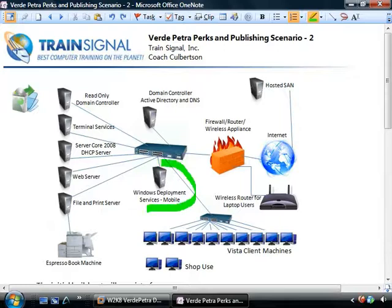We're going to be setting up a Windows Deployment Services box that's going to be mobile. And the question at this point is, is this going to be on a laptop or is this just going to be on a box that's easily transportable? That's a question that, if we have a laptop that's powerful enough, absolutely. If it's got enough storage space, I say we can probably go ahead and put Server 2008 on a laptop and set it up so that we can walk into a shop, have all of our machines physically set up, plug in our laptop, and then blow out images to all the different boxes that we're going to need for this particular